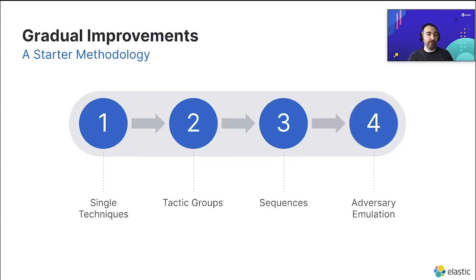The reason why I want to go through this approach is that at the start, number one is not adversary emulation at all, but you want to make sure that you're starting somewhere and getting that muscle memory by being able to detect. The problem is if you go straight to number four, you've got all these detections that you've got to wrap your head around, and you don't make any incremental improvements.